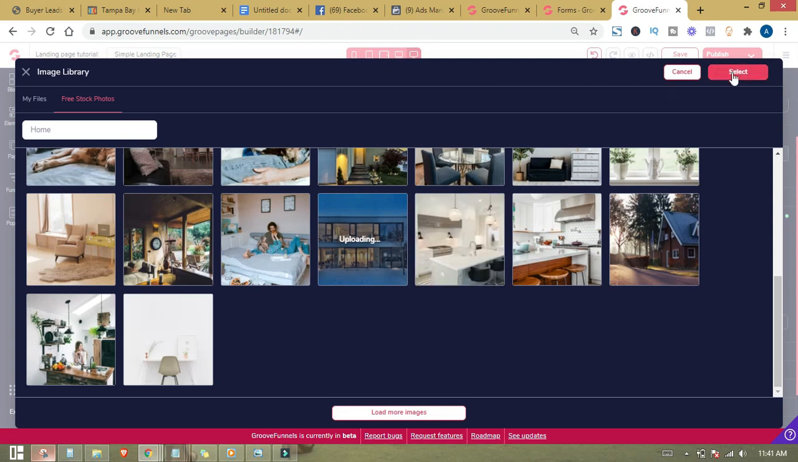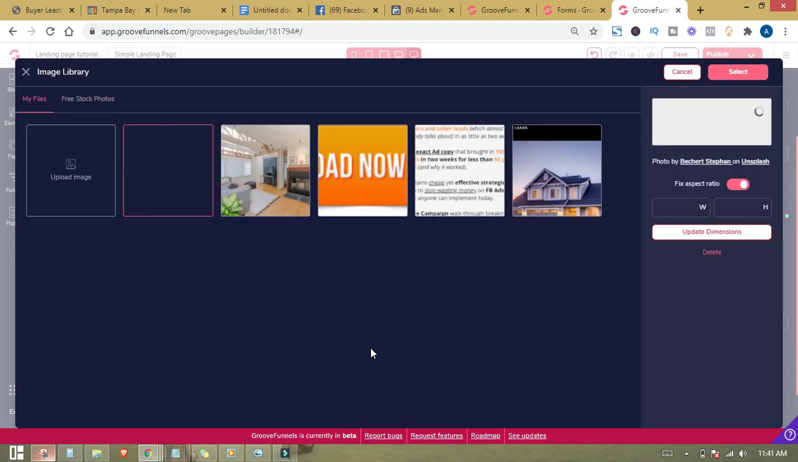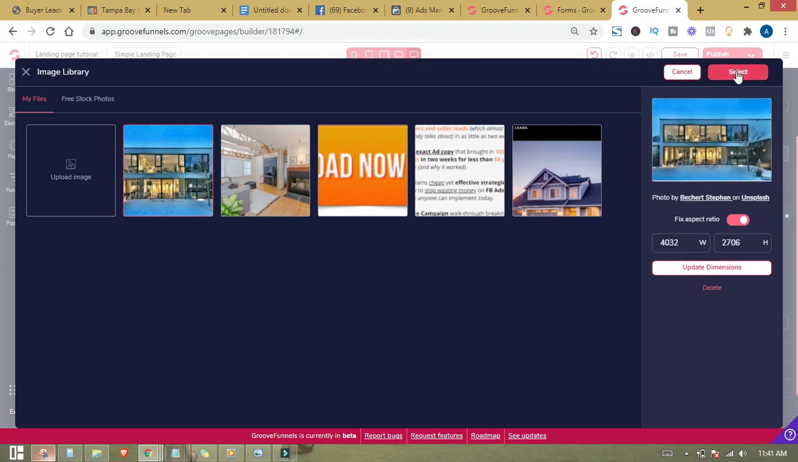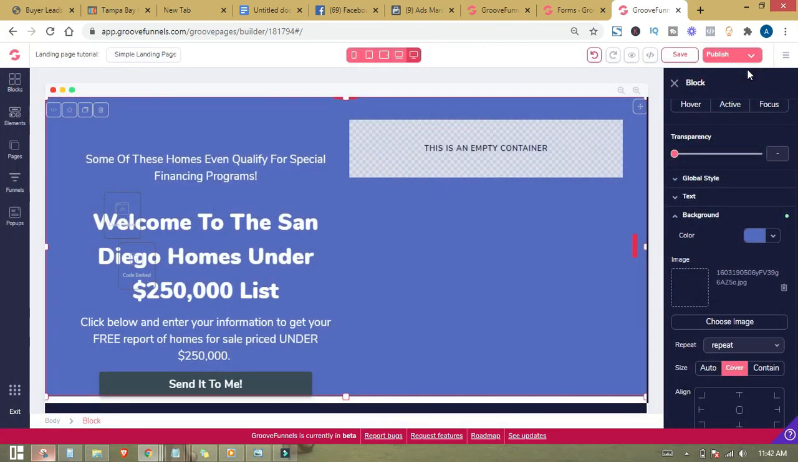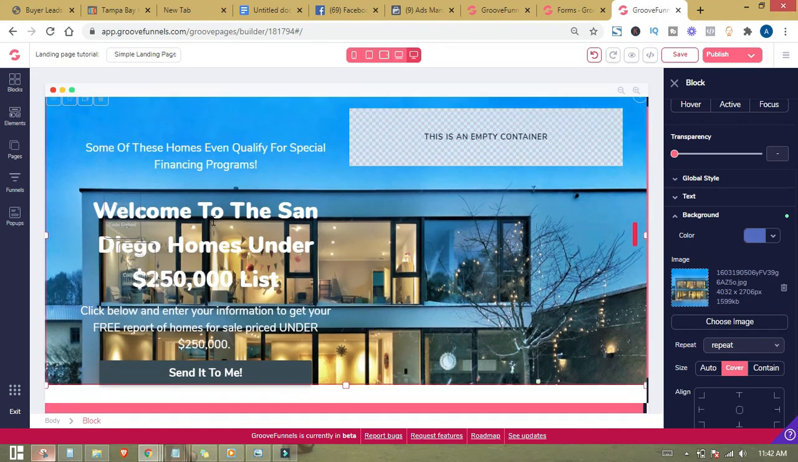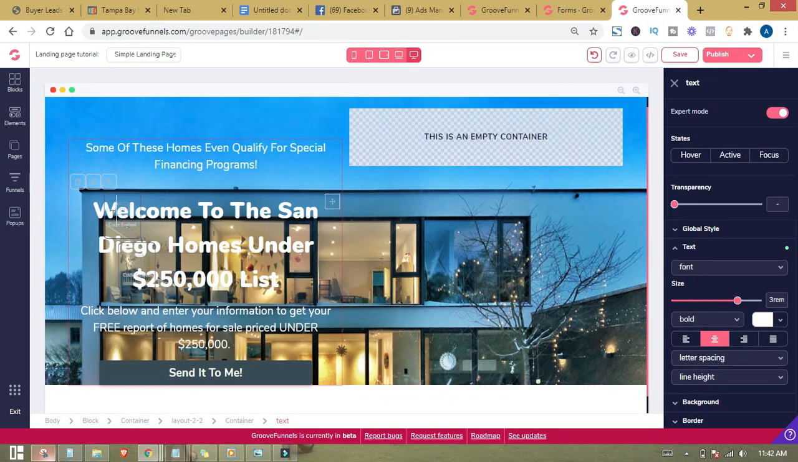And then select, it's uploading. All right, this is the picture right here. It's loading the image, and then hit on the select button right here. Okay, so guys, as you can see, it looks really awesome right now. But the text isn't standing out, so all you have to do is figure out a way